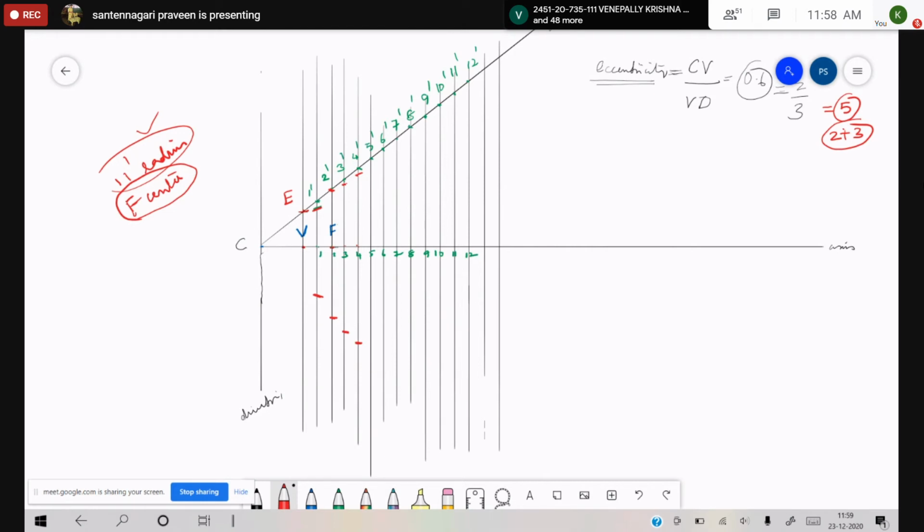Similarly, 5, 5 dash as radius, F as center. Cut arcs on both the sides of line 5. 6, 6 dash as radius, F as center. You will have arcs on both the sides. Now 7, 7 dash as radius, 8, 8 dash as radius, 9, 9 dash as radius, 10, 10 dash as radius, 11, 11 dash, 12, 12 dash,